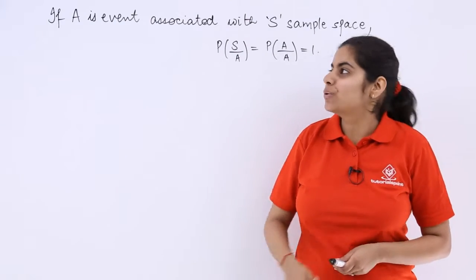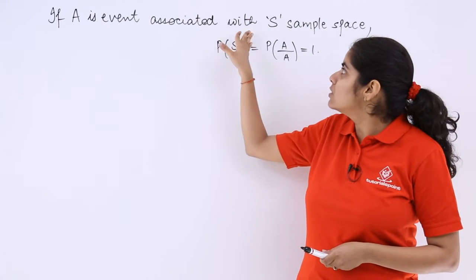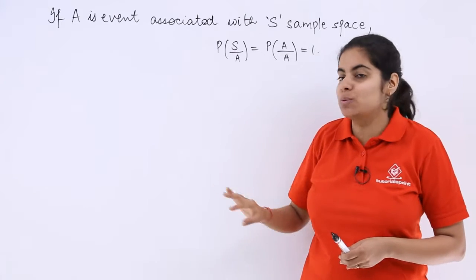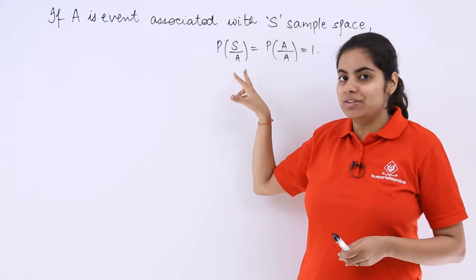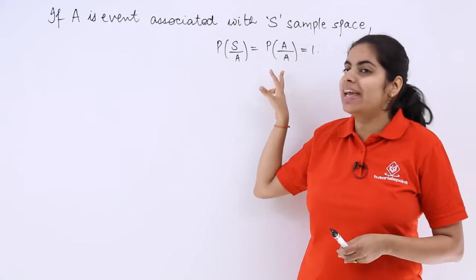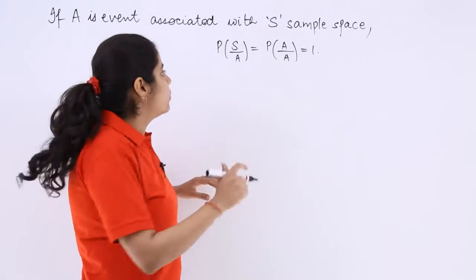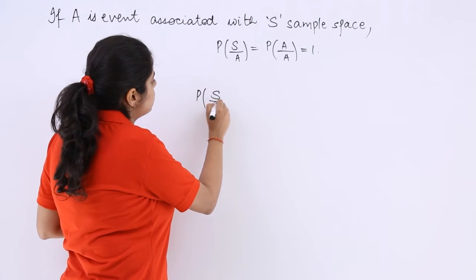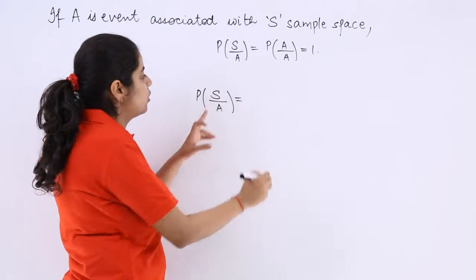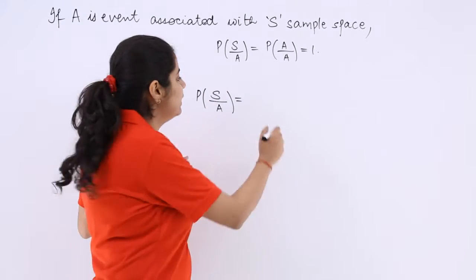So this is an important theorem which says if A is an event associated with sample space S, then P of S with respect to A is equal to P of A with respect to A, which is equal to 1. So how do we prove it? We know that P of S over A, meaning P of S when A has already occurred, is nothing